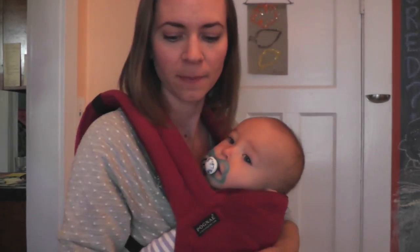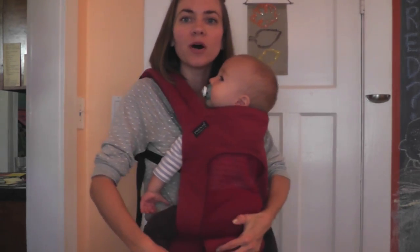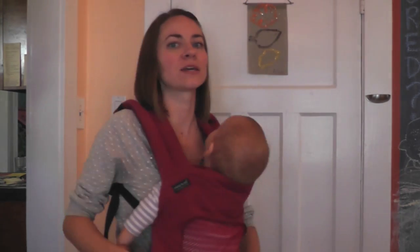The one suggestion I might make if you wanted to improve on this carrier in the future would be to maybe put a pocket down here, just a small zipper pocket that I could put in like a house key or a phone or a debit card or something like that. I tend to wear pants that have pockets or carry a bag or something with me anyway. And you could actually tuck something here into the pocket with the sleeping hood. But I think it would be nice to just have a little hip pocket or something for just a small item like that. That's my one suggestion. Overall, for comfort and ease of use, we have absolutely loved this carrier,